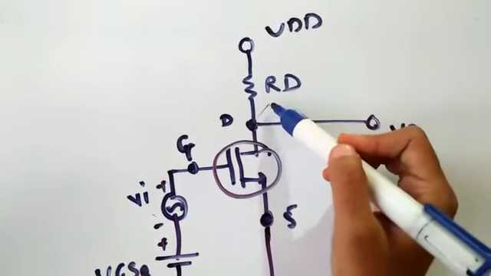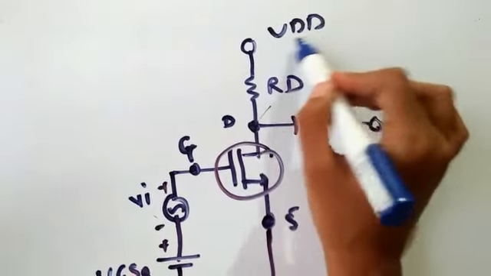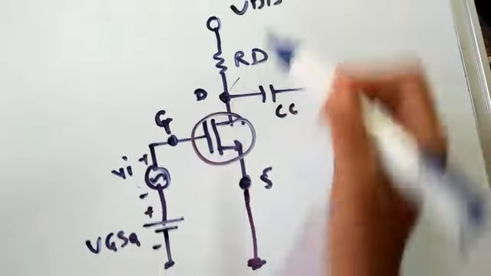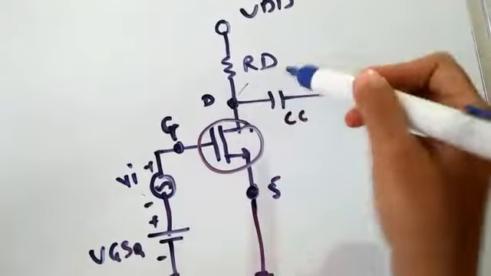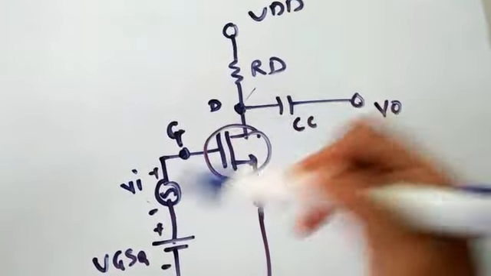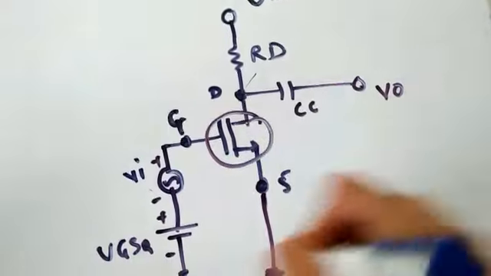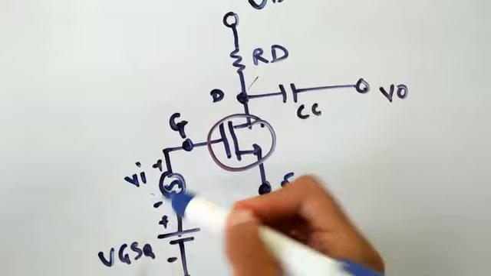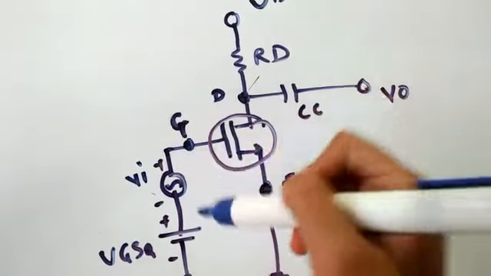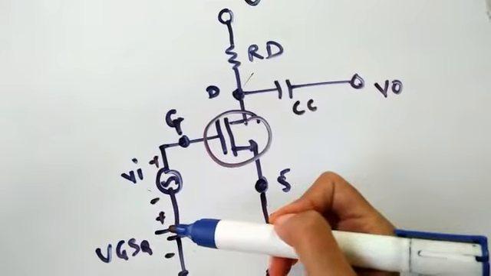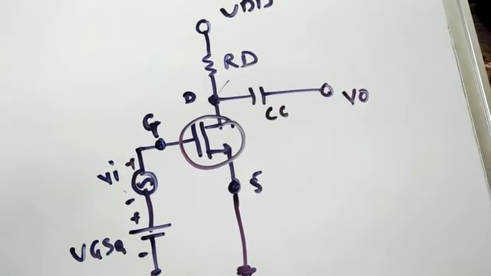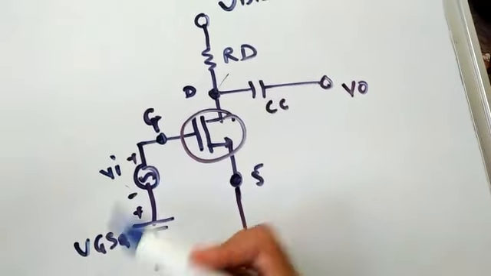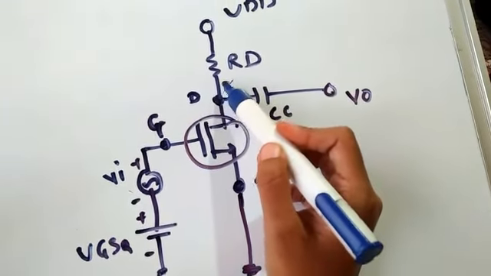IDQ is the current which is flowing due to this VDD. VDD is a DC source, and VGSQ is again a DC source. So due to VGSQ and VDD, there are some DC input and output voltages and currents available in this circuit. As we apply the AC signal here, that AC signal will flow above or below that DC signal. So in the positive half cycle, VGS changes sinusoidally above VGSQ, hence ID changes below and above IDQ, hence